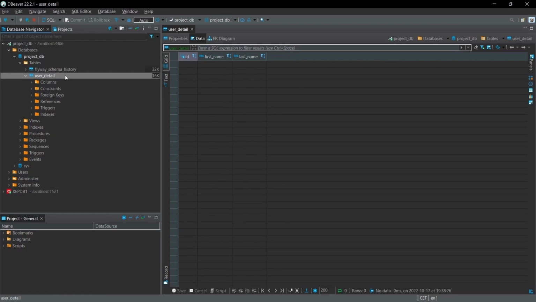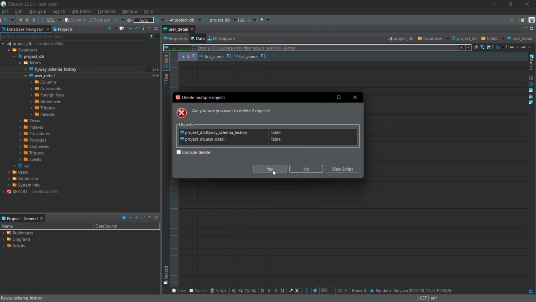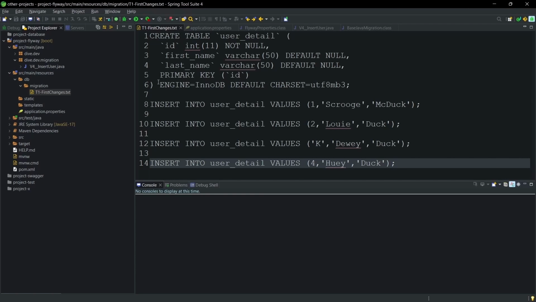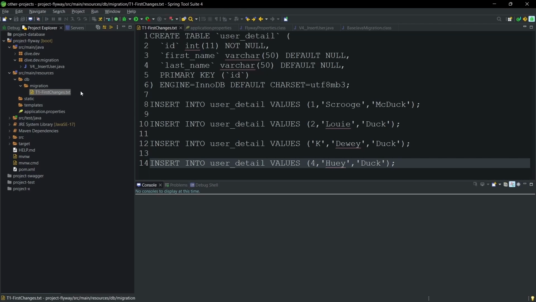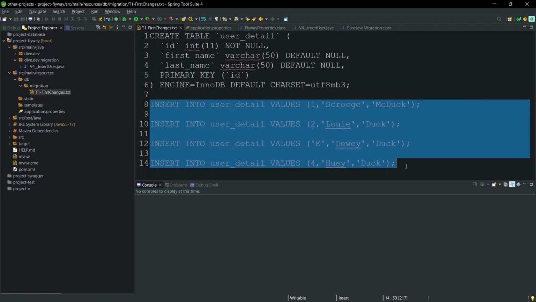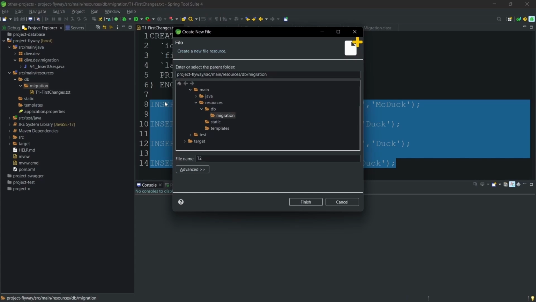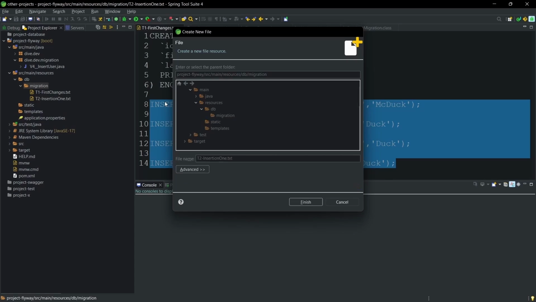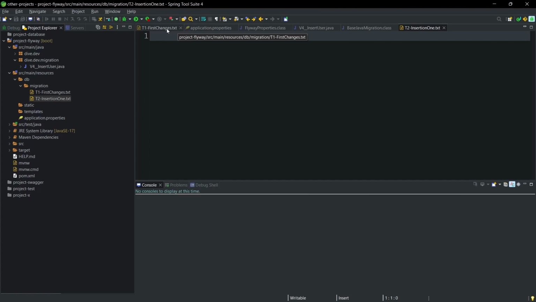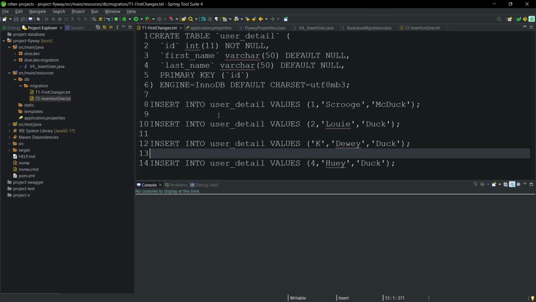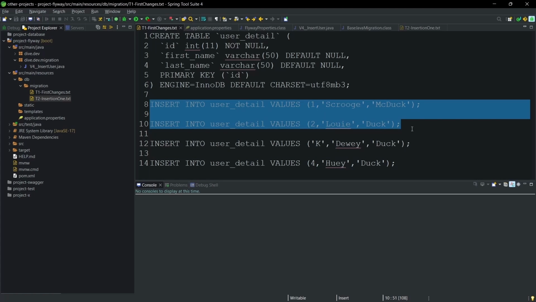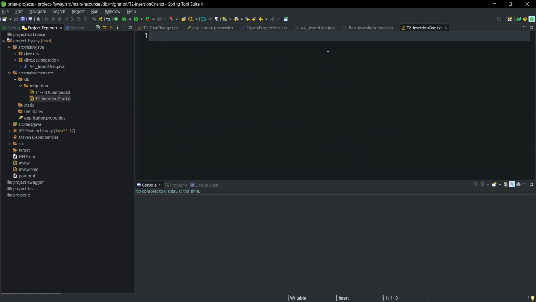Let me delete this table again. Delete. Now what I will do is I'll try to move these into separate files and see what happens. New file, t2-insertion-1.txt. I'll copy these two entries, Control X, Control V,